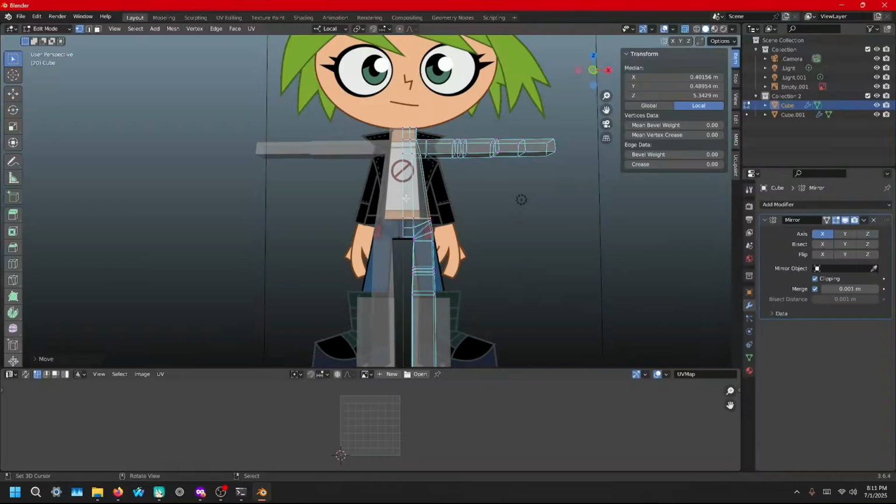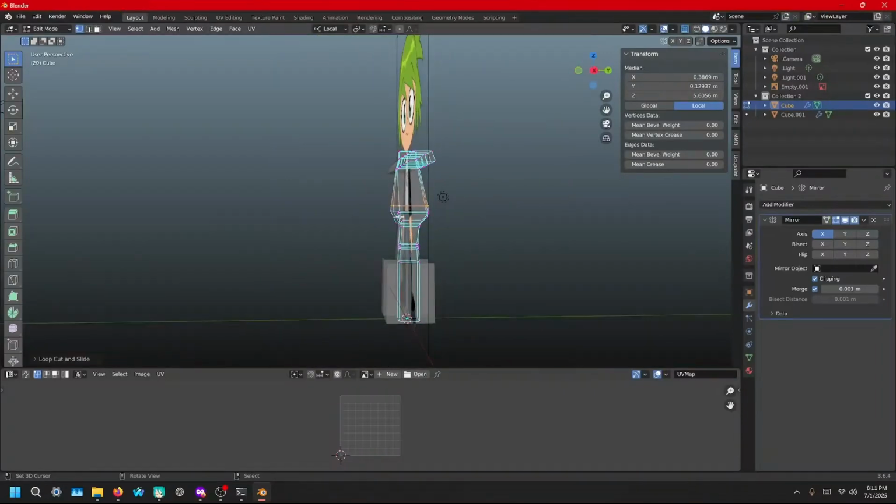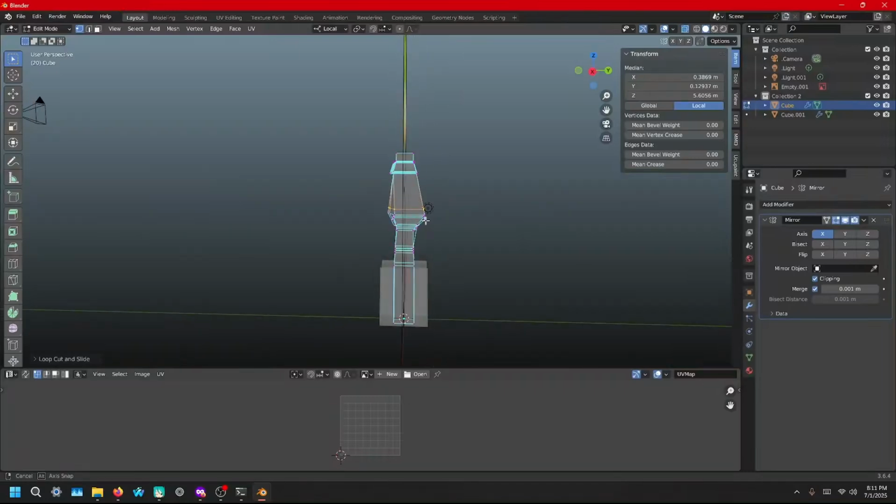So we can go to Control R and add a loop cut somewhere around here. If you're not happy with how she looks on the side view, then you can modify the side view right now while you still can. I'm a little bit happy with it. We can bring it in some. So select all of the top half, not the legs, but the top half, and